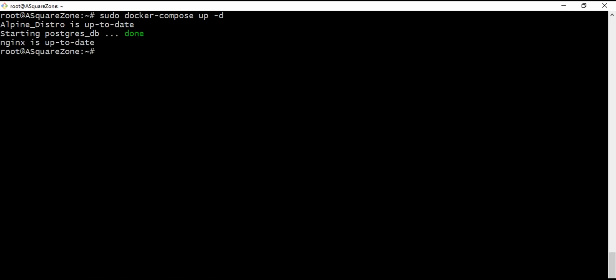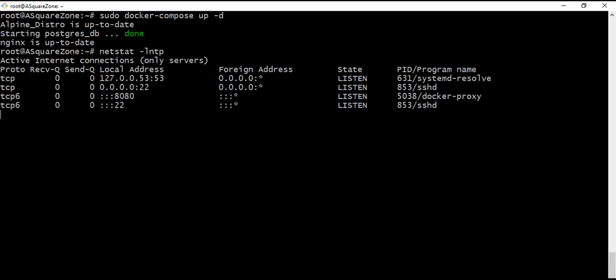And now we will see Nginx port is running or not. Using netstat -lntp we can see whether 8080 is open. So we can check in the browser now the home page of the Nginx here.